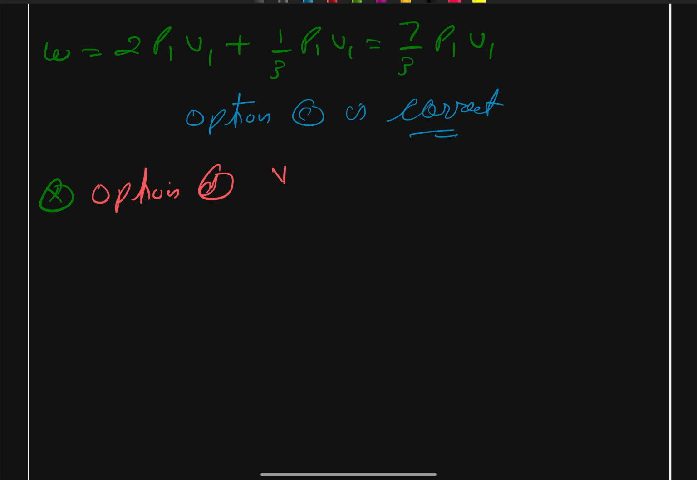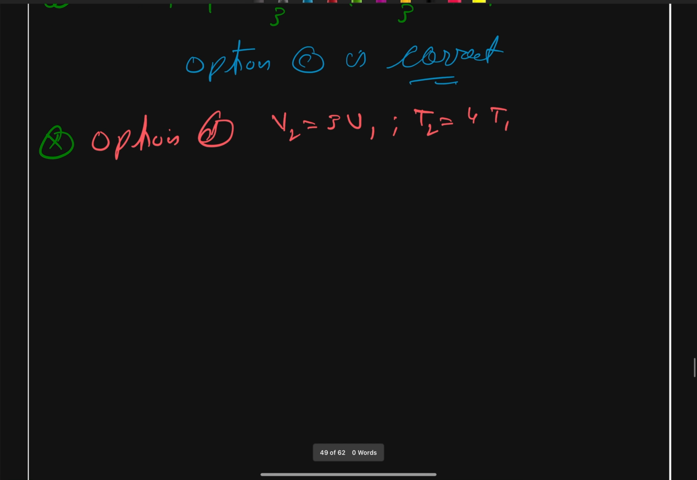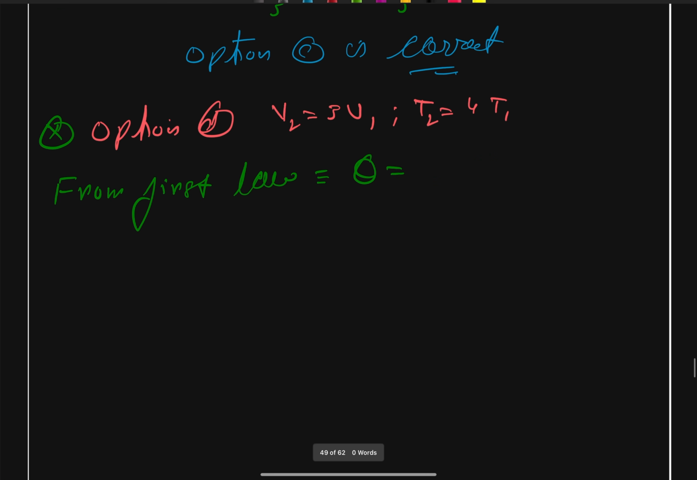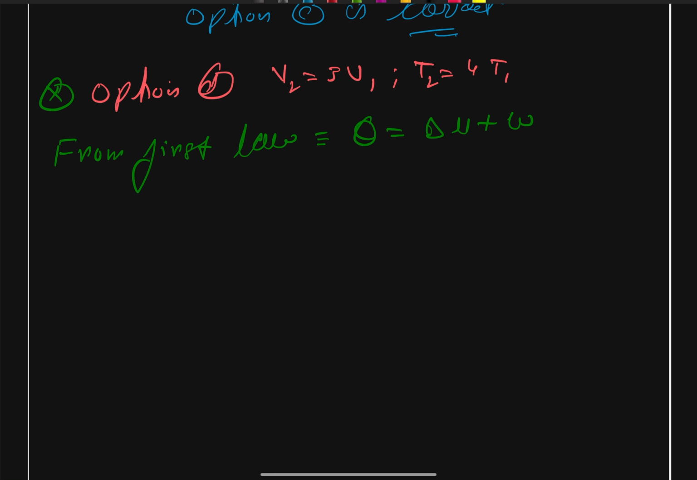Volume and temperature are the same. V2 is equal to thrice V1 and T2 is equal to 4 times T1, but we have to find out the heat supplied. So, first law of thermodynamics. From the first law, we have that Q is equal to internal energy change plus work done, and our internal energy change,